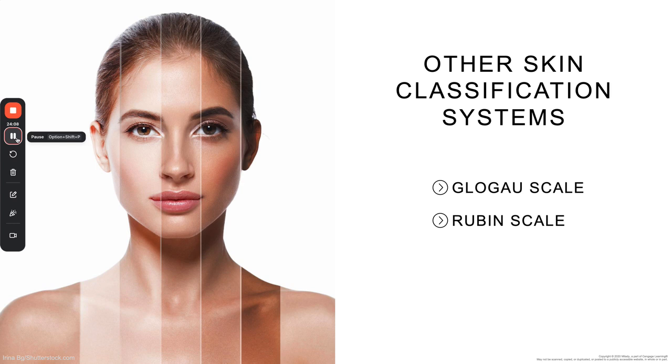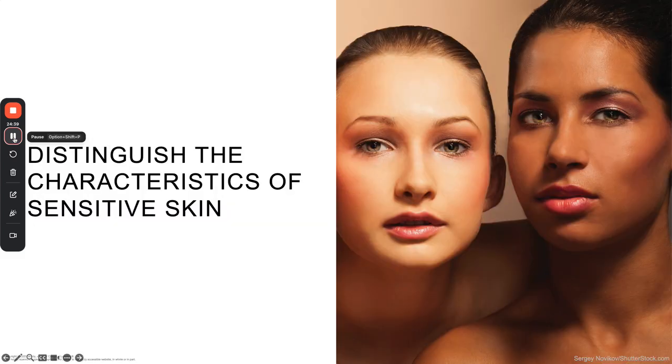The Glogau scale, I want to say that it measures wrinkles. If it's not that one, then it's the Rubin scale that measures wrinkles. But you guys can go down the rabbit hole with those two. You should not have any questions about the Glogau scale or the Rubin scale on your Texas esthetician exam. But again, if you just want to familiarize yourself with those, you can go down that rabbit hole and look that up. All right, so next up is objective number 4,